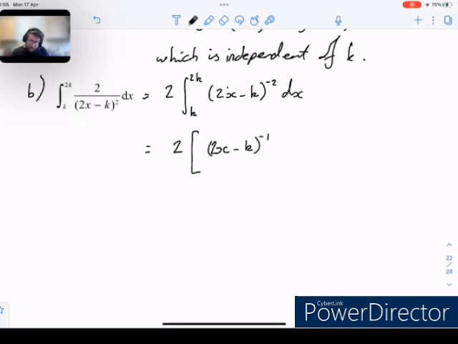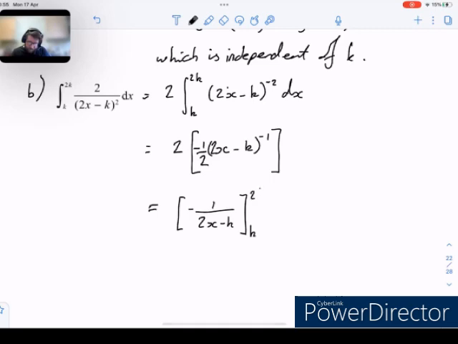Divide by the new power, which is -1, and divide by the derivative of the bracket. So when you differentiate 2x minus k, you get 2. So this becomes 1 over 2, and actually, that cancels with the 2 that's in front. So let's just rewrite this as -1 over 2x minus k